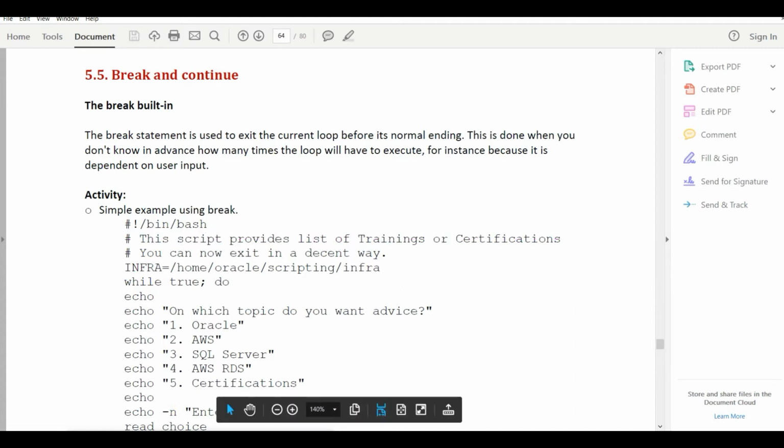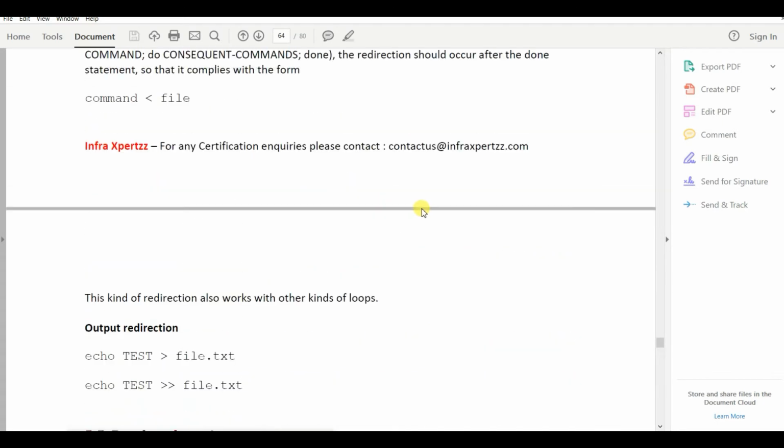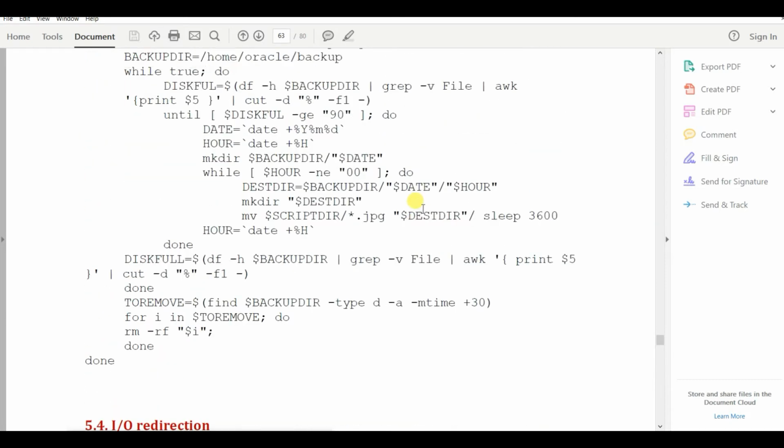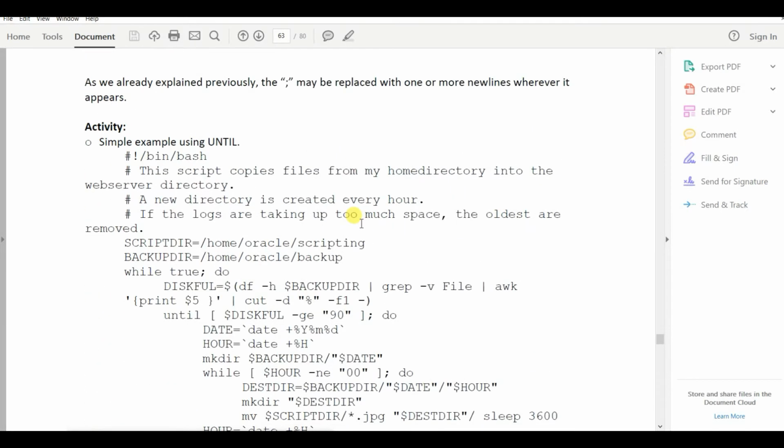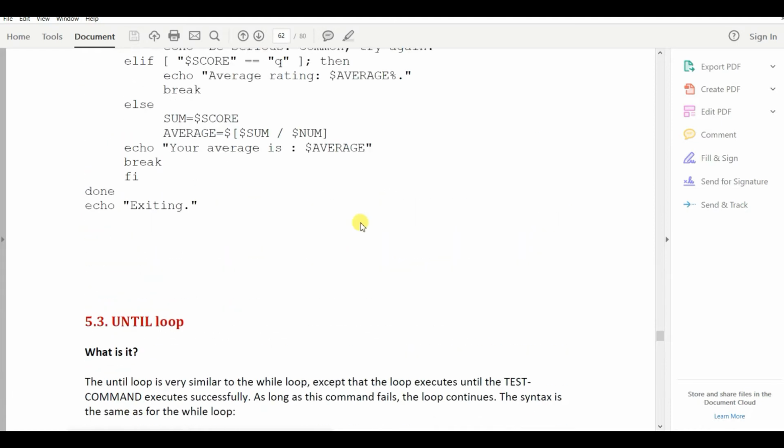So at first, the break built-in. What is it? The break statement is used to exit the current loop before its normal ending. We saw this earlier in our previous session, how we were breaking it.